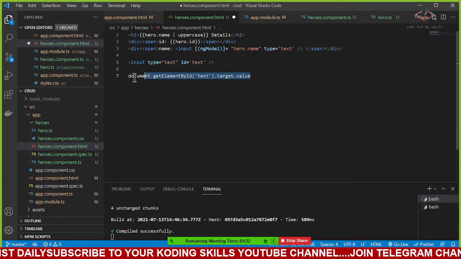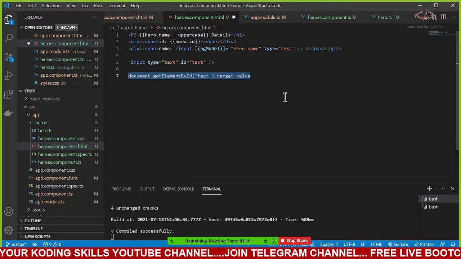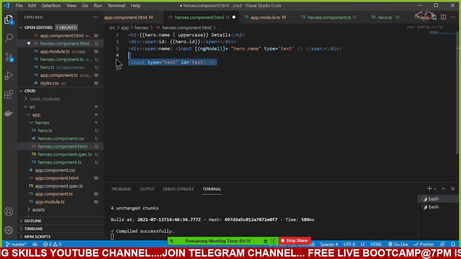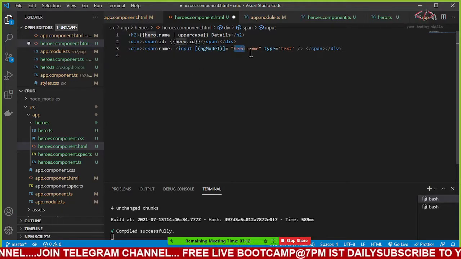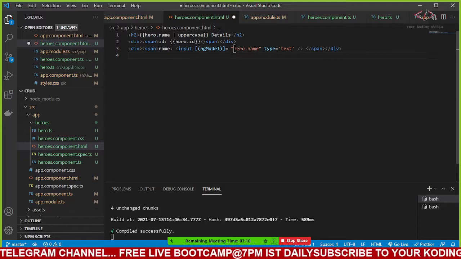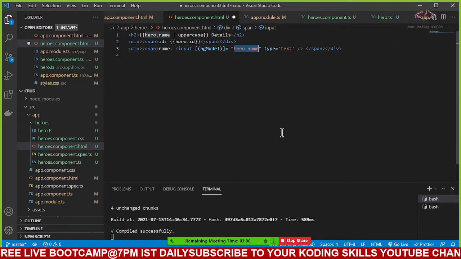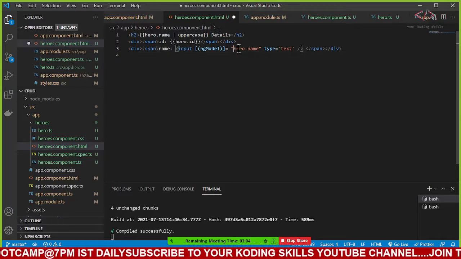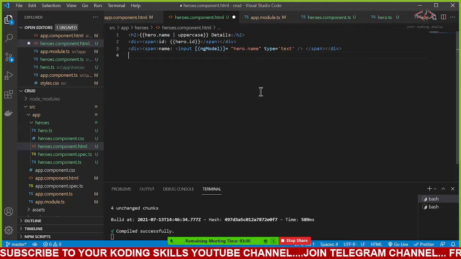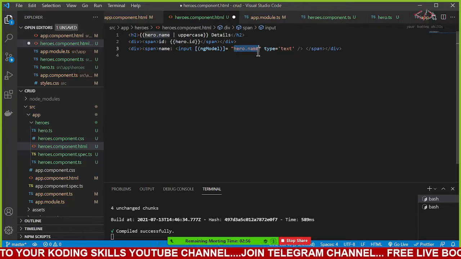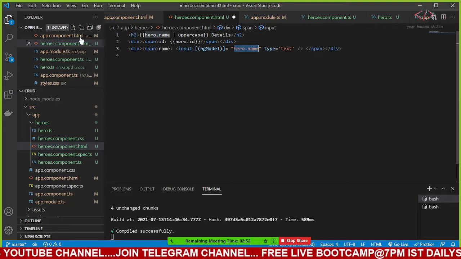But in Angular, they did it very simply. Hey, don't write this document and all. We are no more dealing with documents. Just cut the crap here and add the ng model for whichever variable you want, and you say hero dot name, whatever. If you want, you assign it. If you're not assigning it, it's okay. Initial value. You can add any variable, but that variable should always be declared. If the variable is not declared, you cannot hold this data for something else.